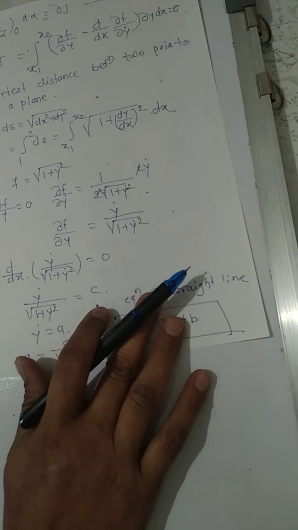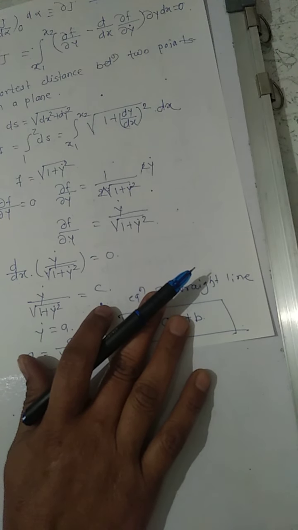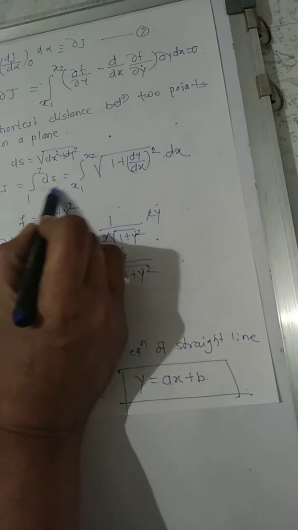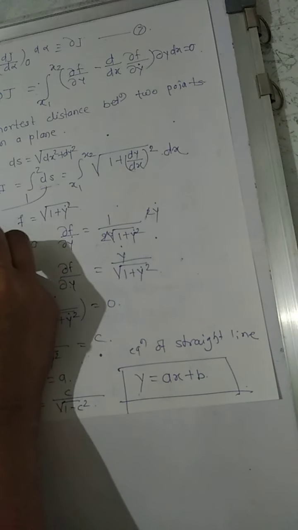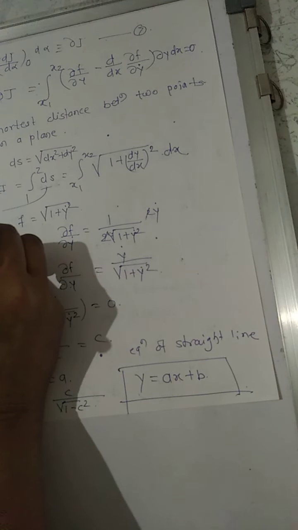In similar fashion, we can obtain the shortest distance between two points on a sphere by setting up the arc length on the surface of the sphere in terms of the angle coordinates of position on the sphere. In general, the curve that gives the shortest distance between two points on a given surface is called a geodesic of the surface.